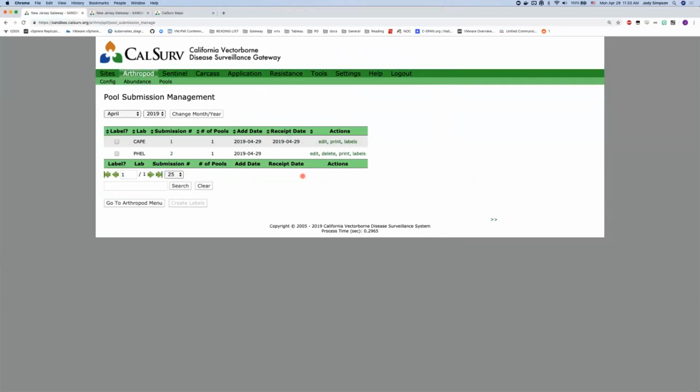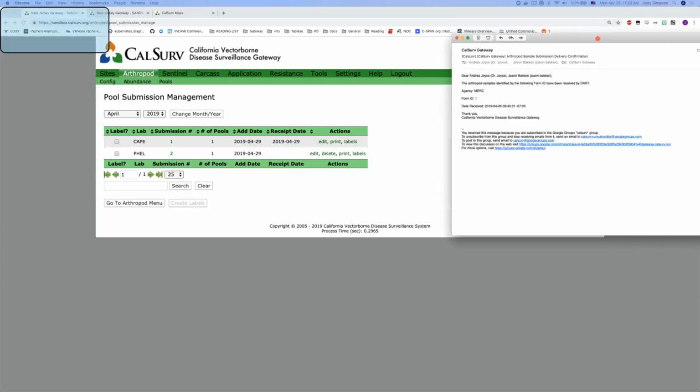So once you create these groups, you would package them up and send them off to the lab. I've already simulated this process with this submission. And so on the lab end, they would receive the sample, and when they click the box that they got it, you'll get an email going back to you saying that they received it. Let's see, I should have had that ready. The email looks a little bit like this,